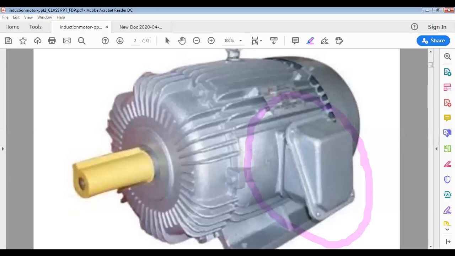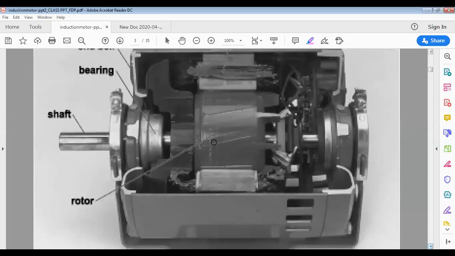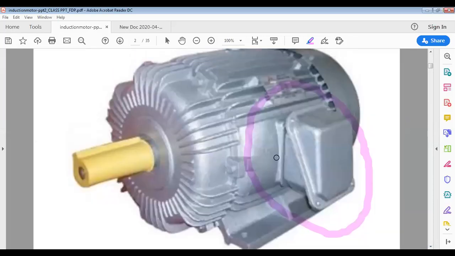Got it? Okay, so whatever the windings are there on the stator, if you see the construction of a three-phase induction motor, three windings are there on the stator. These three windings you can connect either in star or in delta. It means if you open this terminal box, you will find six terminals. Three windings are there on the stator, every winding has two terminals, meaning total six terminals. So the six terminals of three stator windings you will find in the terminal box. Using the six terminals, you can connect the winding in star or in delta.